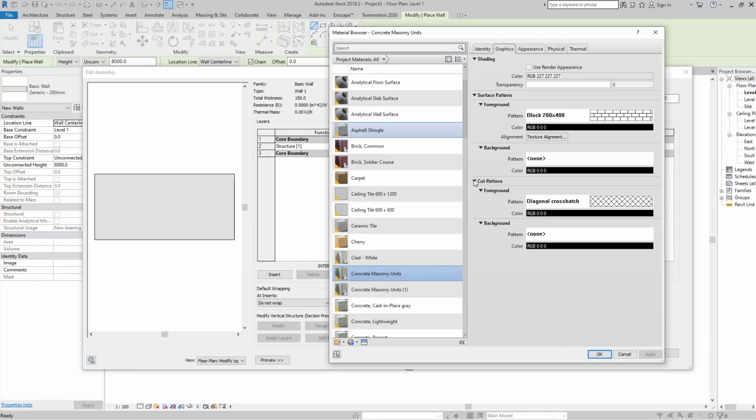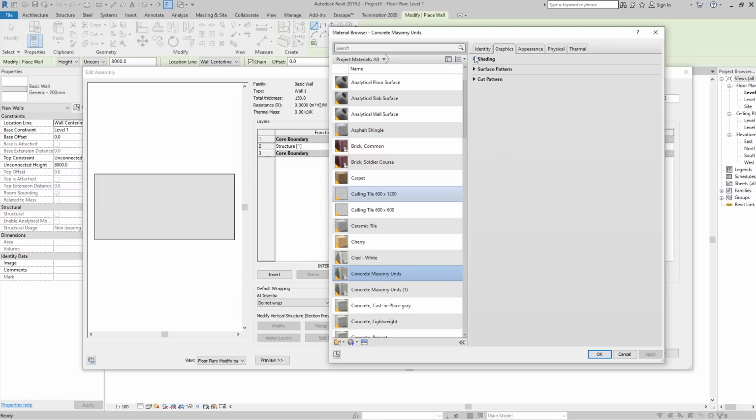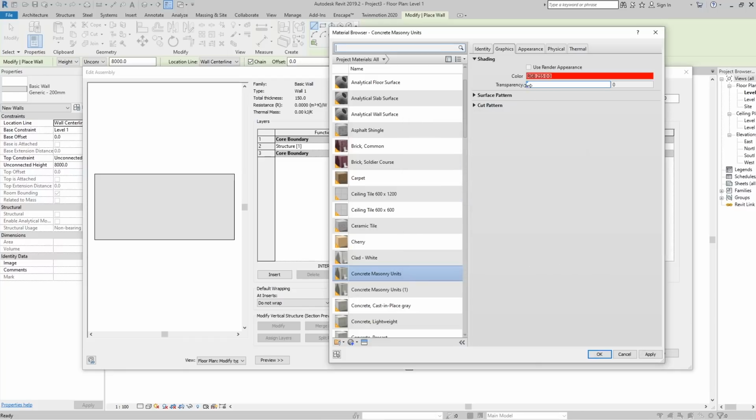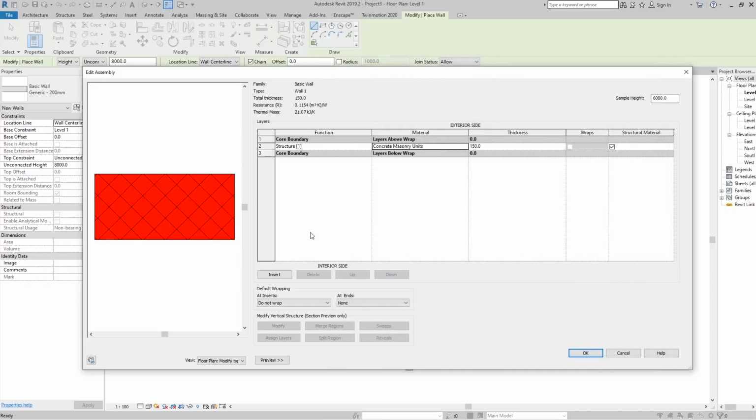We can see here three separate groups: the shading group, the surface pattern, and the cut pattern. In the shading group we can set the color of our material for a shaded view. If I set this to a red color and some transparency, and go to apply, OK. Now you can see this is a red wall. Go to OK,